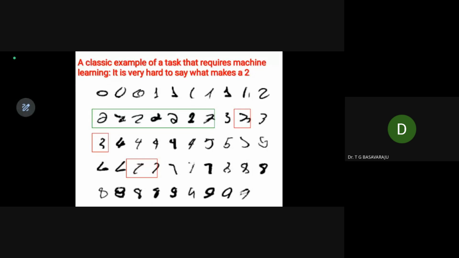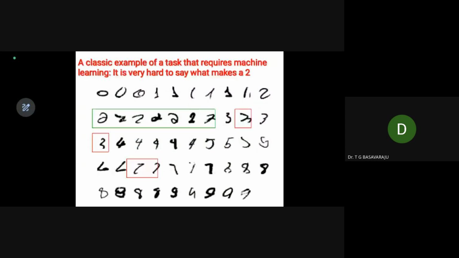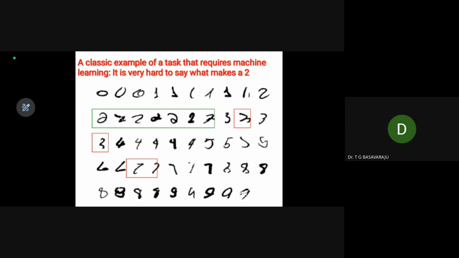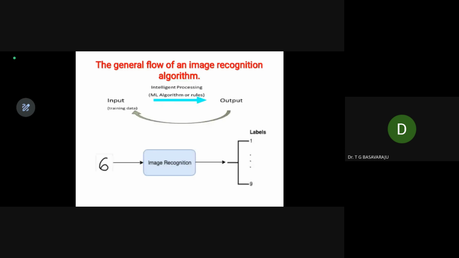So one more example is NLP. NLP is nothing but natural language processing, which is again a subset of machine learning. Here is one classical example, because in this set of data I'm showing you, it is very hard to say which one makes a 2. But how will machine learning help us do this, because for humans it is very difficult to find out what it is, right? So in the generic flow, if you have an image recognition algorithm, if you have a handwritten 6